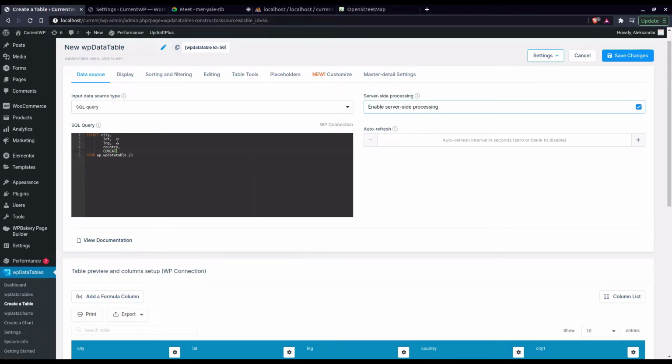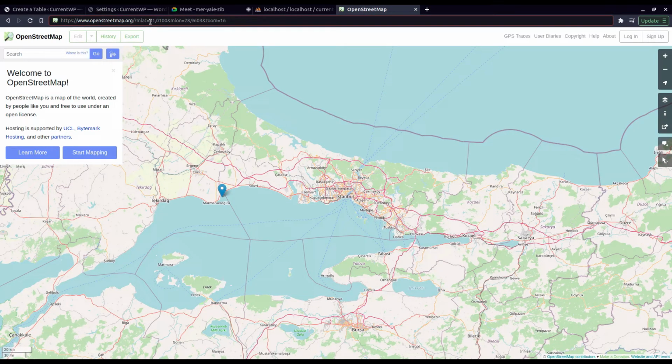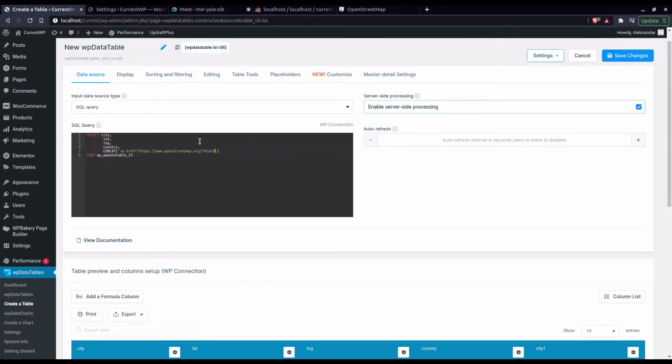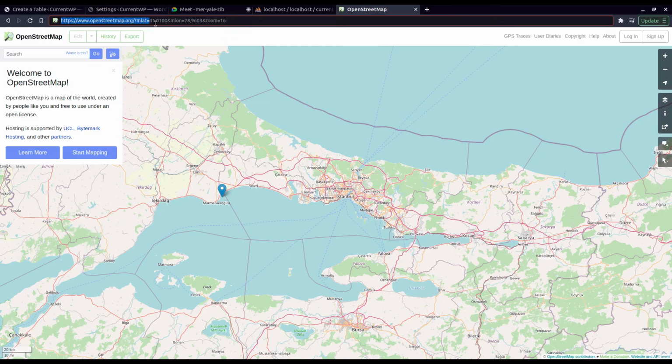So function concat, a couple of single quotes where we add the anchor tag and we paste the part of the URL before the latitude. So only this part. We copy it and paste it here. Then we append the latitude column from this table and continue with the URL. So we've appended this and we are adding this part,